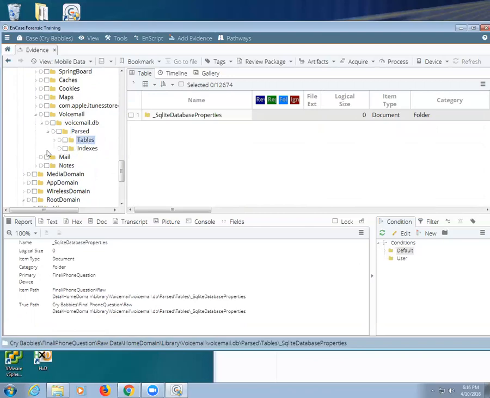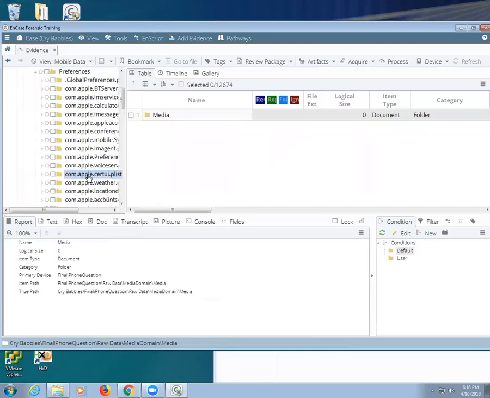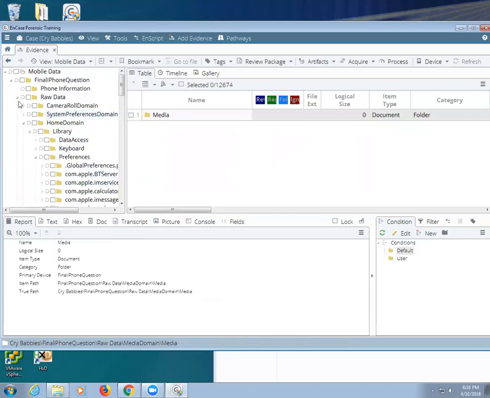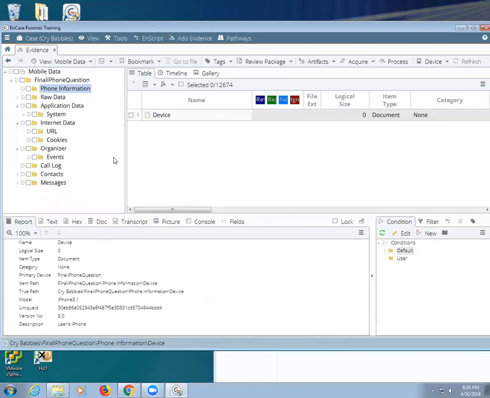There's what the database stores. I don't know where it's at, but we don't need to find it. Just search through the darn thing. Now at the very top under phone information, you'll see the model's a 3.1. There's a unique ID, all that information about the phone. Model 3.1 could still be 4.